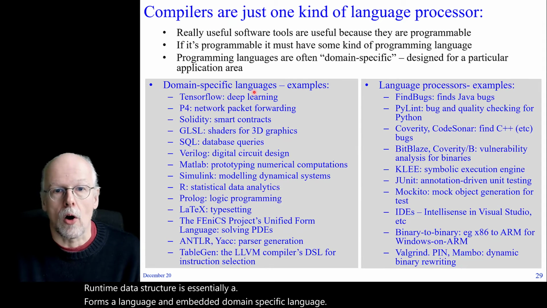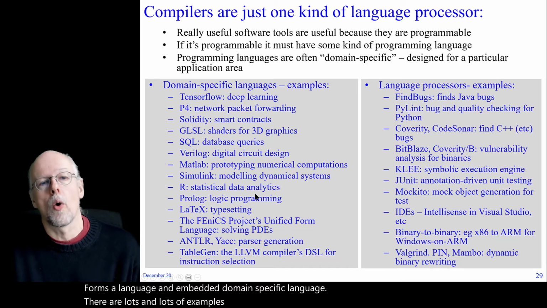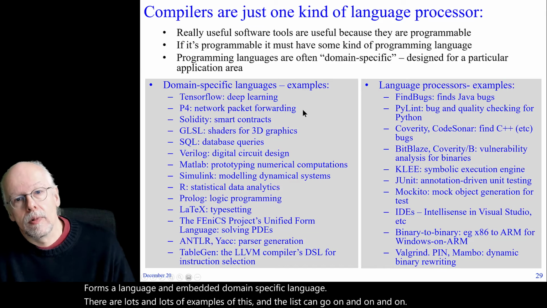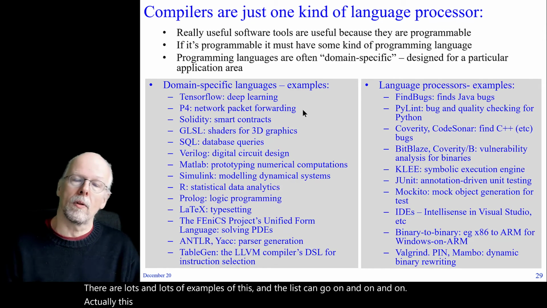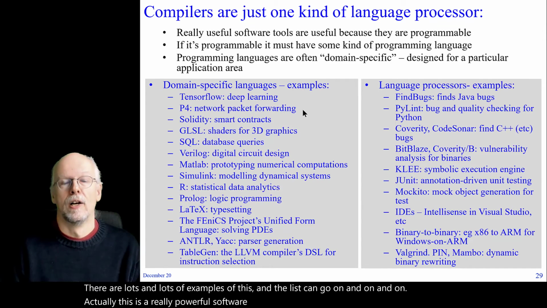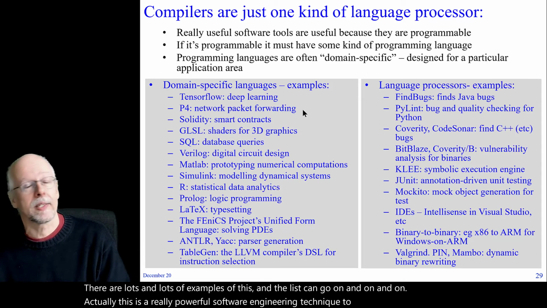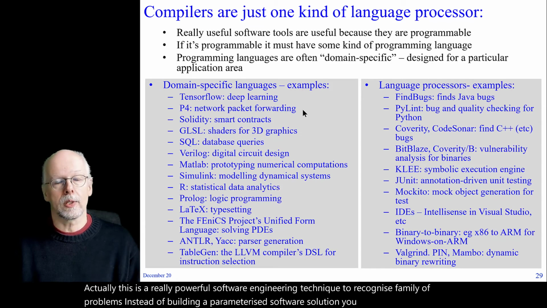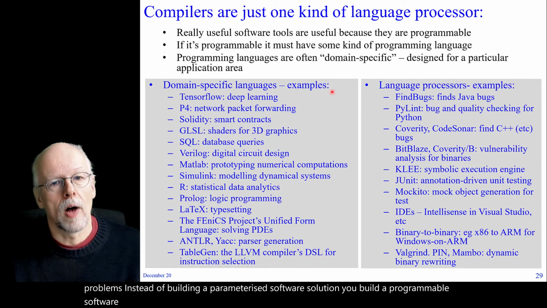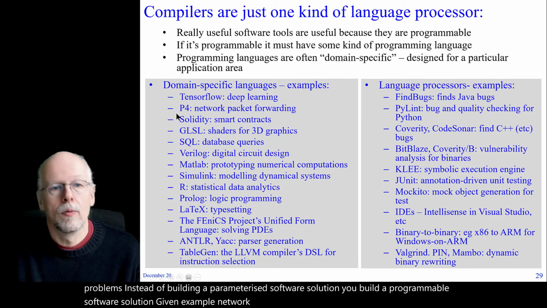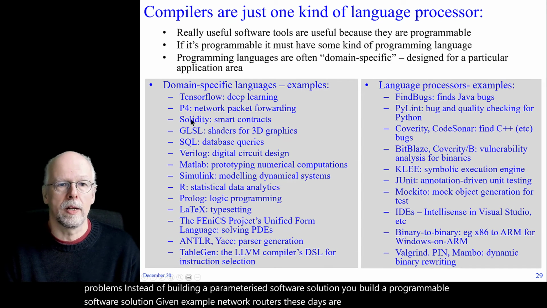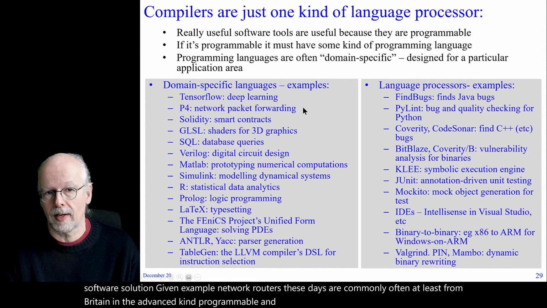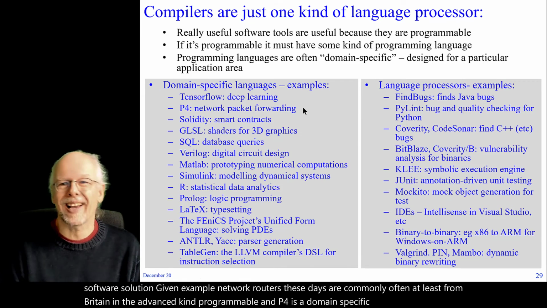There are lots and lots of examples of this, and the list can go on and on and on. Because actually this is a really powerful software engineering technique to recognize a family of problems. And instead of building a parameterized software solution, you build a programmable software solution. To give you an example, network routers these days are commonly, often, at least in the advanced kind, programmable, and P4 is a domain-specific language, especially for network packet forwarding